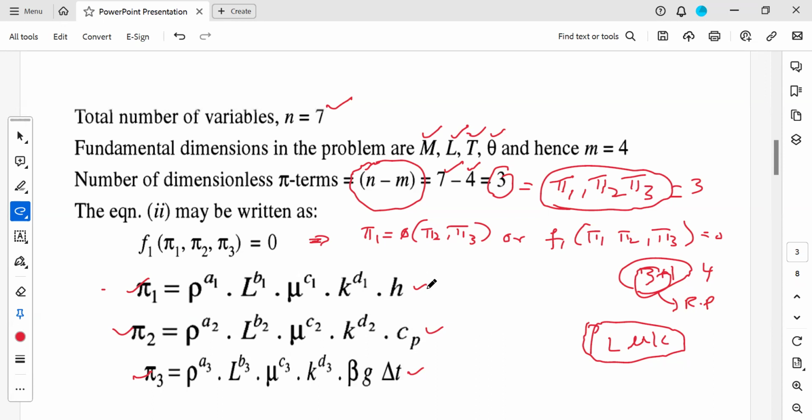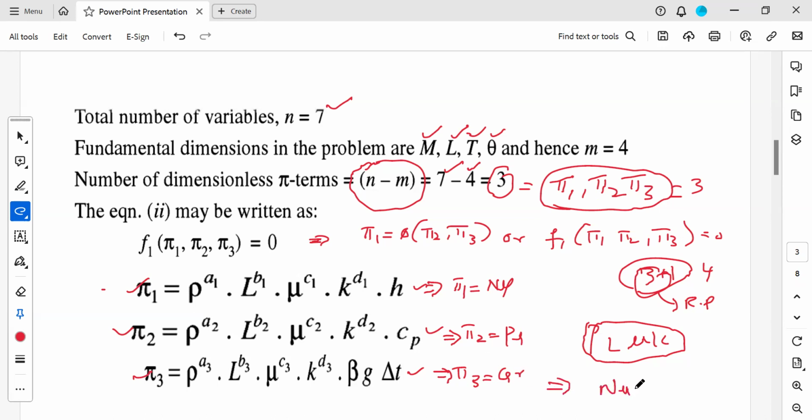So each time we will consider one pi term and apply dimensional homogeneity. Considering pi 1, we get the Nusselt number. Considering pi 2 and applying dimensional homogeneity, you will get the Prandtl number. Considering pi 3, you will get the Grashof number. So by considering pi 1, pi 2, pi 3, the equation 1 will be transformed to pi 1, the Nusselt